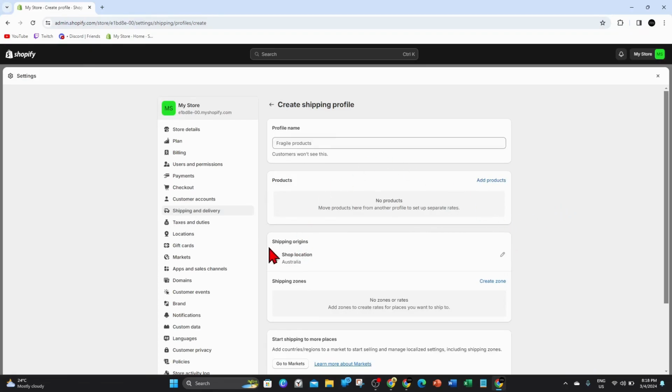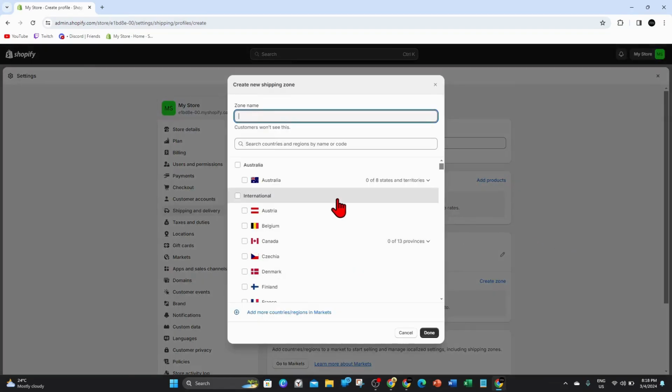So where it says here shipping origins, click on where it says shipping zones, create zone. Go ahead and click onto that. So from here you want to give this a zone name. So I'm going to call this international shipping, and then choose all the countries where you'd like to ship to,